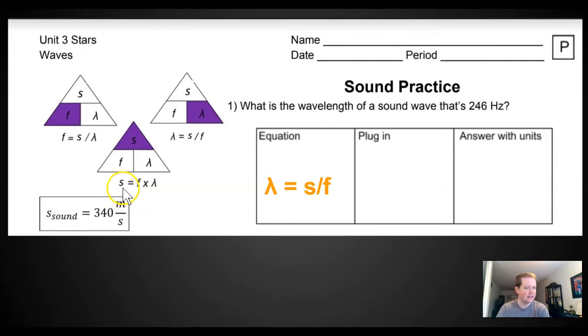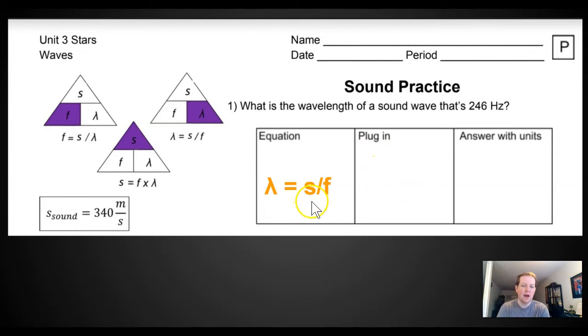What do you think? I want to calculate wavelength. It says, what is the wavelength of a sound wave? So this is what I want. I want wavelength. Ooh, that's this one. Remember the weird little symbol. So wavelength equals speed divided by frequency. So I write down the equation. Wavelength equals speed divided by frequency. Okay. Now,